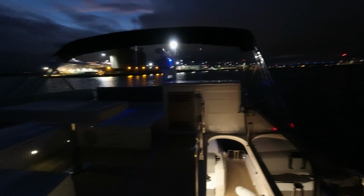And perhaps a bit hard to see on the camera here, but we've got the green marker off to our left, so we've got port and starboard channel markers, and we're on a 6 knot speed limit here until we get out just a little bit further, and then we'll be able to open her up and see what she does. We have a VHF radio which is on channel 12, which is monitoring traffic on the commercial channels